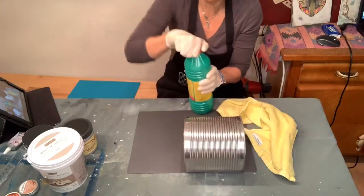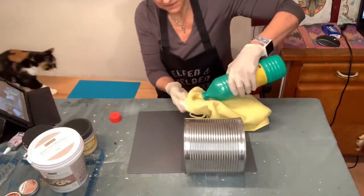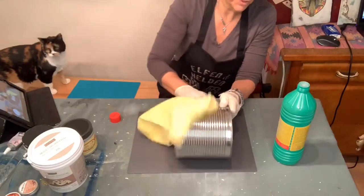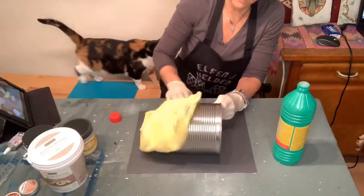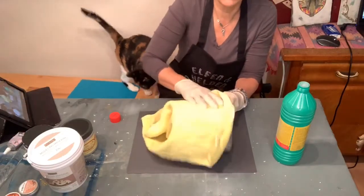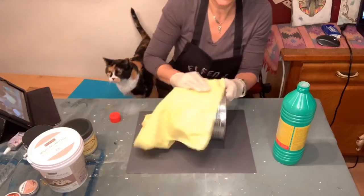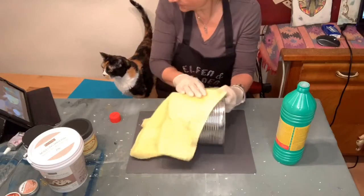But what I'm going to do is I'm cleaning the tin. I'm going to prepare 2, and I'm just using some denatured alcohol, which is in German Spiritus, just to get any grease and stuff like that off. And